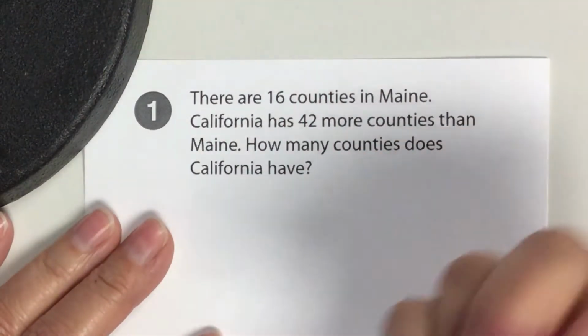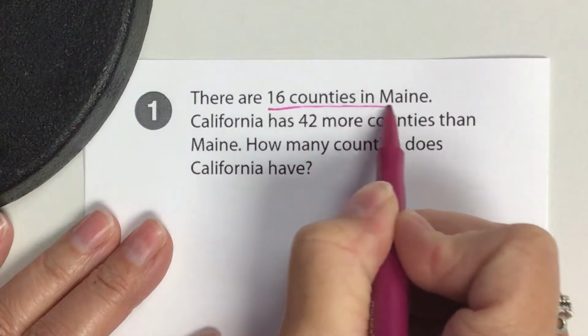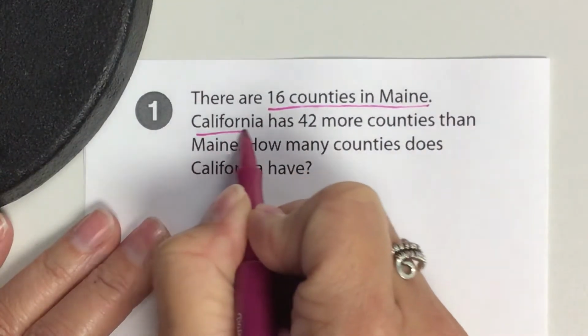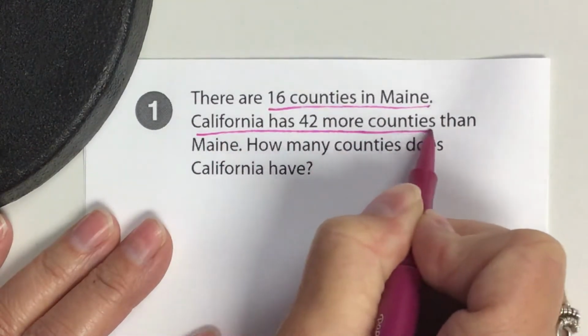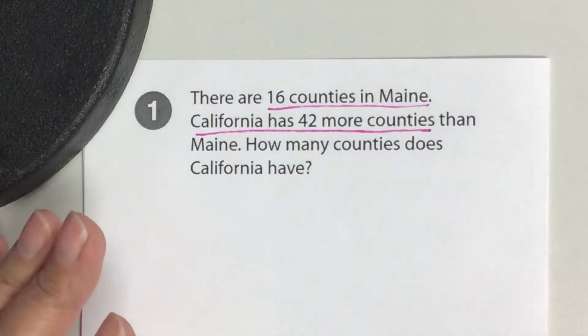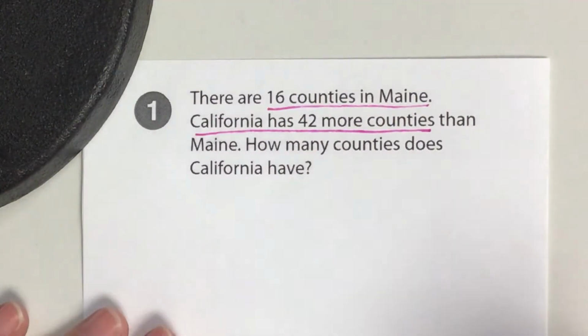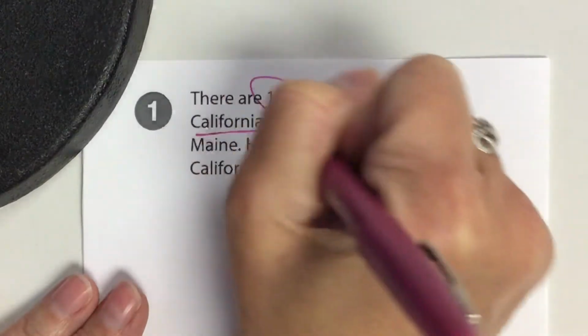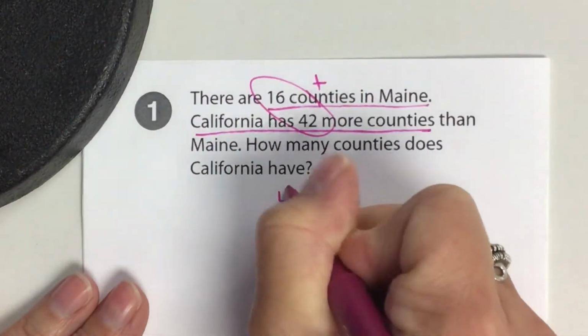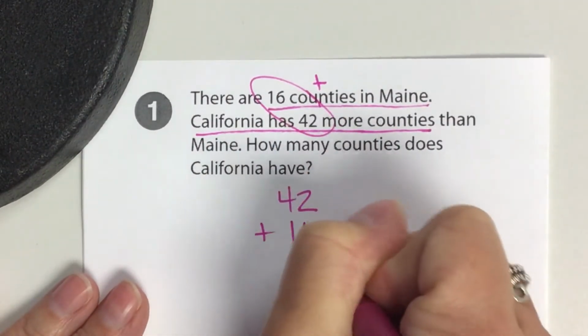All right, so here's what we know. We know there are 16 counties in Maine. We know California has 42 more counties. So who has more, California or Maine? California. So I need a number that is more. To get that, I'm going to have to add these two numbers together. So 42 plus 16